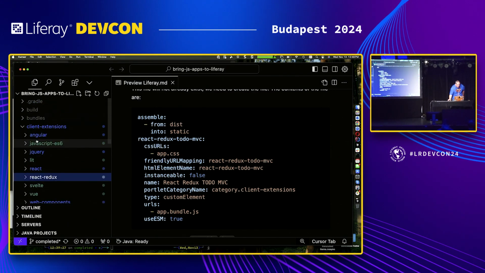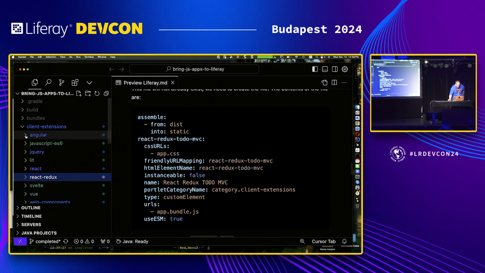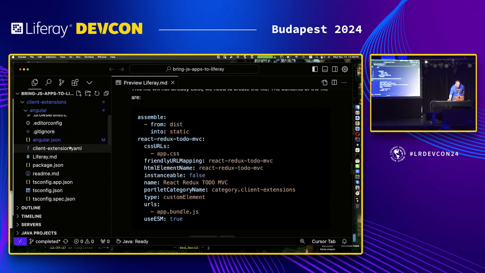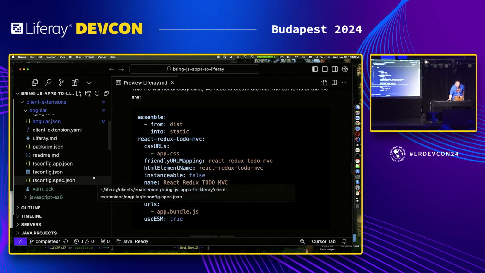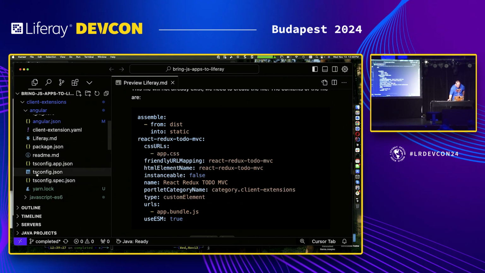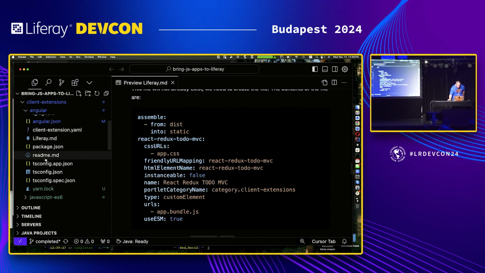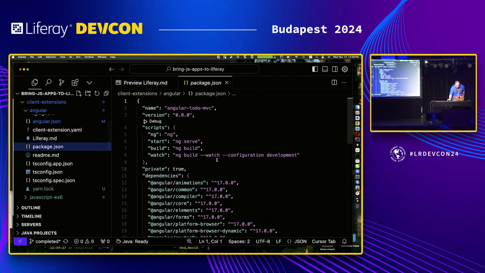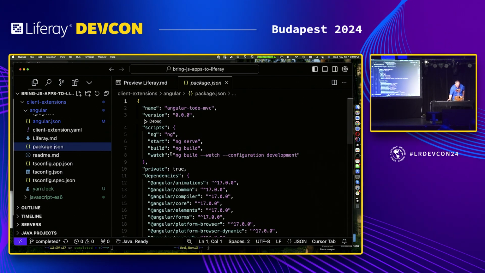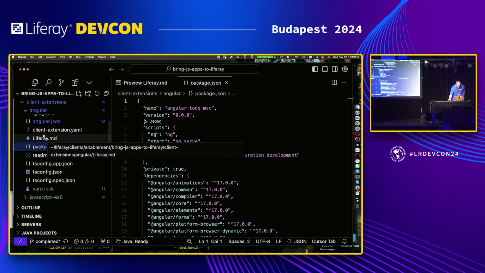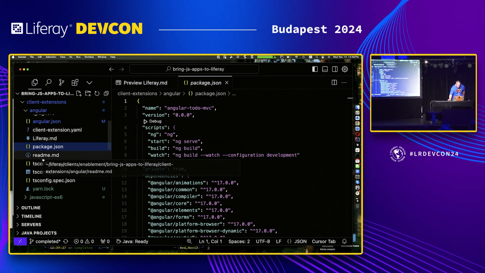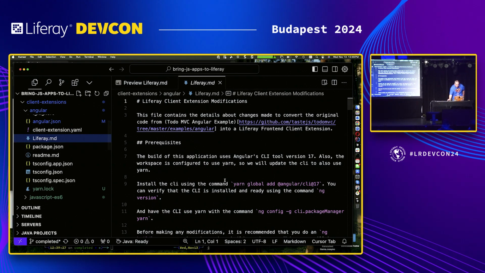Now we're going to jump to the Angular app, and we can see that Angular is using TypeScript. There's a tsconfig line here, and when I check my package.json, I can see it's using ng for the build and start and everything. When I go to my Liferay markdown file,